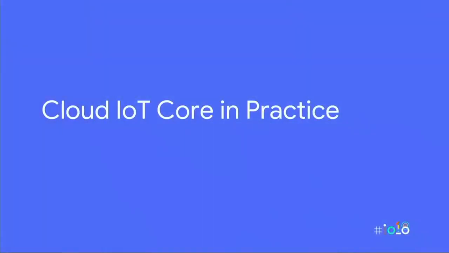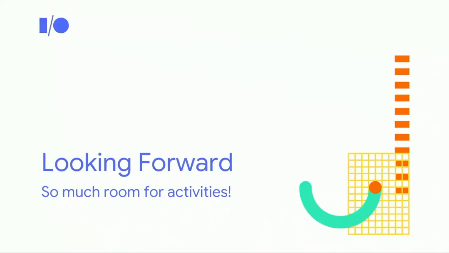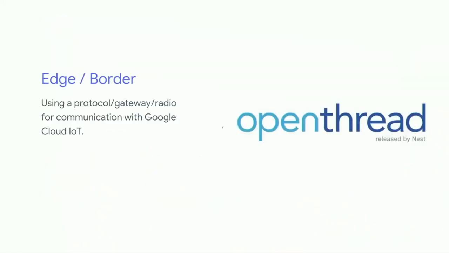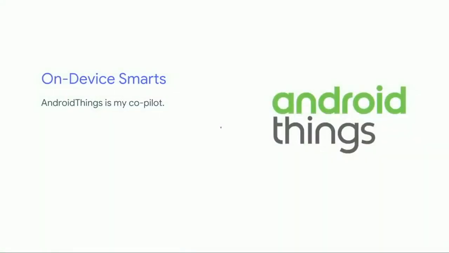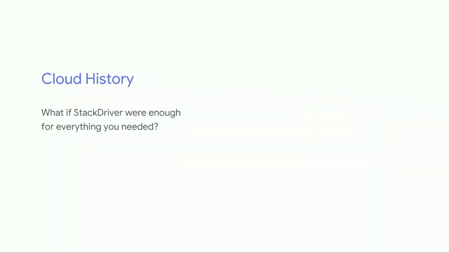All right. So let's go back to the slides, and we'll just wrap up. So going back to other approaches to adding smart and intelligent capabilities to your devices, I want to again say there are other ways of doing this than just complete delegation to the cloud. You can use edge border routing to extend the capabilities of nearby devices to other devices. You can use on-device smarts with things like Android Things, so that you have all the capabilities without the cloud, or some capabilities shared with the cloud. Android Things is a really great way to do this. And also, as Gabe mentioned at the very beginning, we have Stackdriver logging. And Stackdriver logging, for some people,